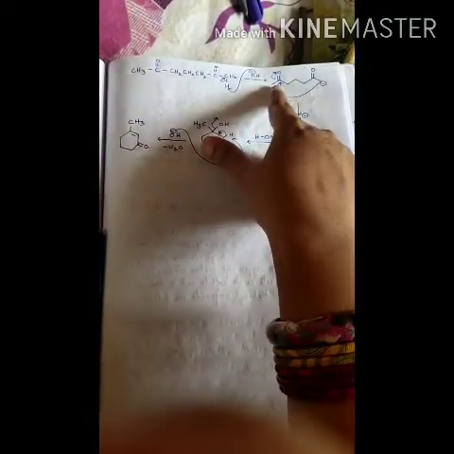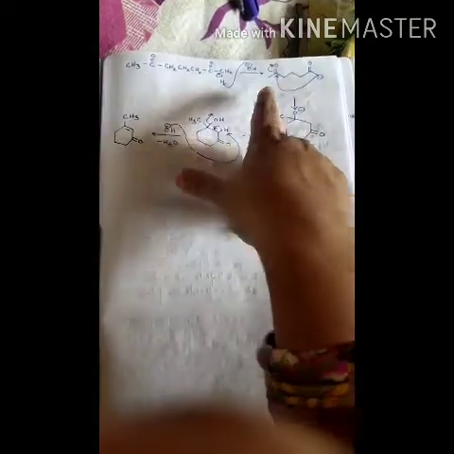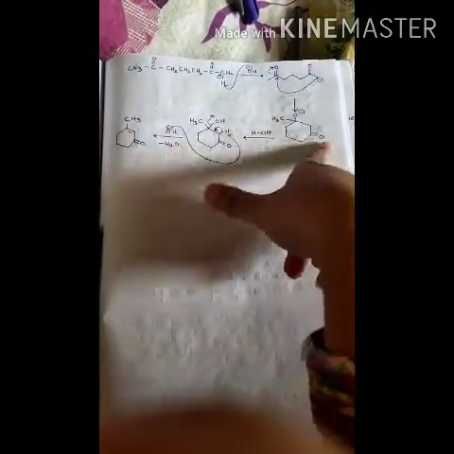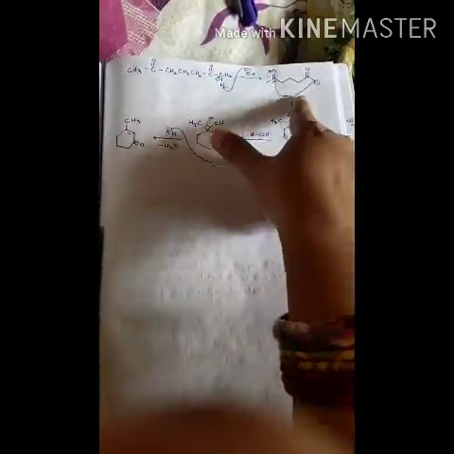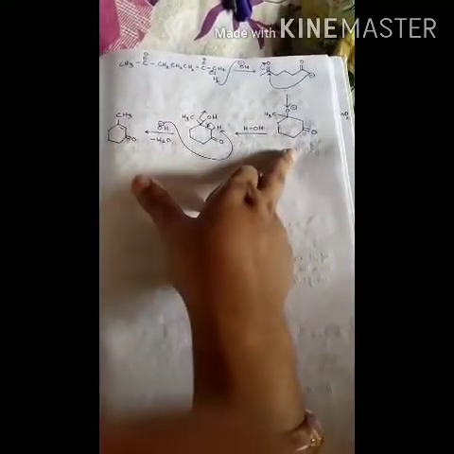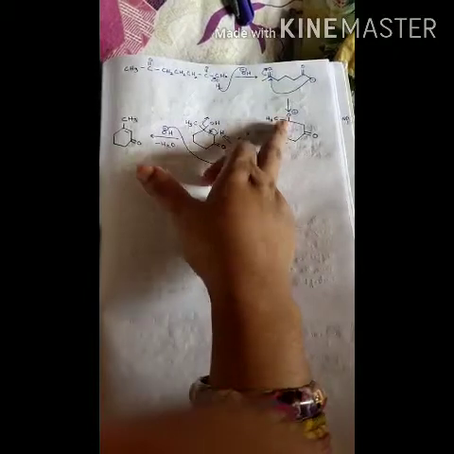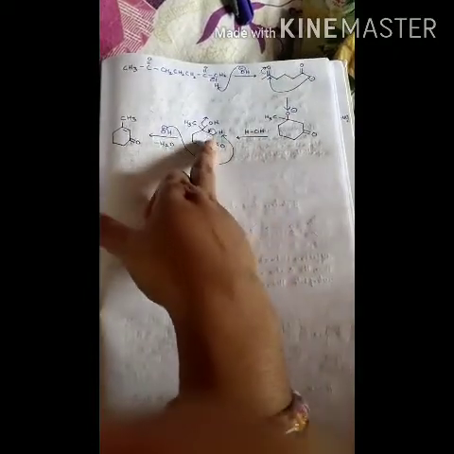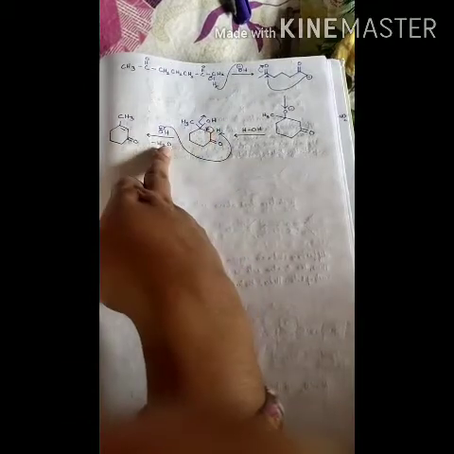This one will attack the same carbonyl compound which is far away from it, and it will produce the aldol condensation intramolecularly. You can see two molecules are not involved. So we get here a cyclic structure, then this O minus will abstract one H plus here and produce the aldol, and then again the water molecule will get eliminated and we will get the double bond structure. So this is our mechanism for the intramolecular aldol condensation reaction.